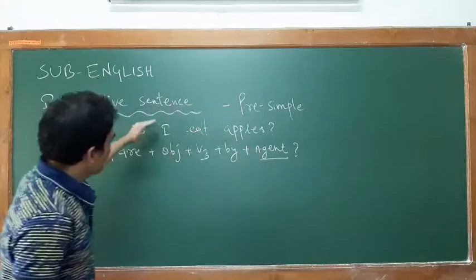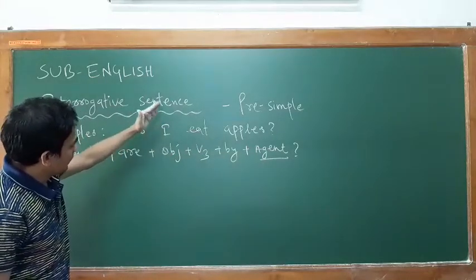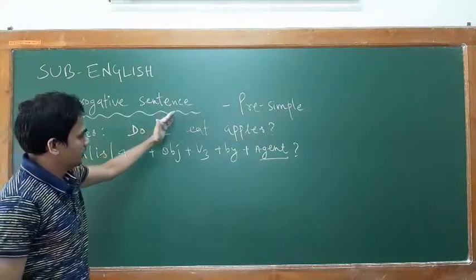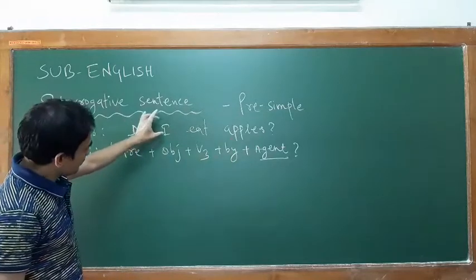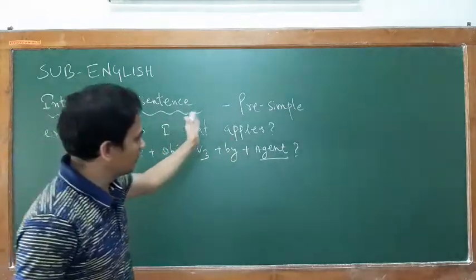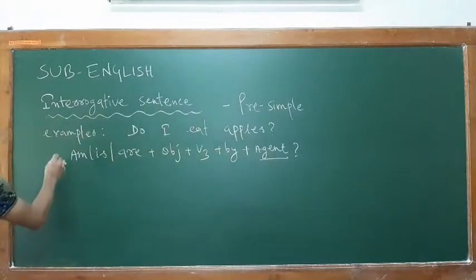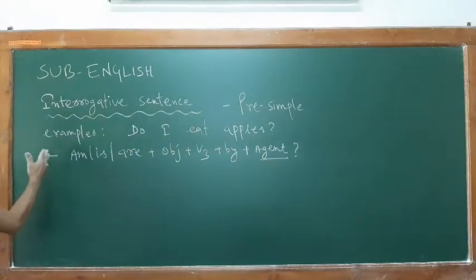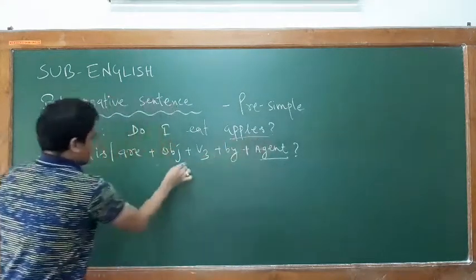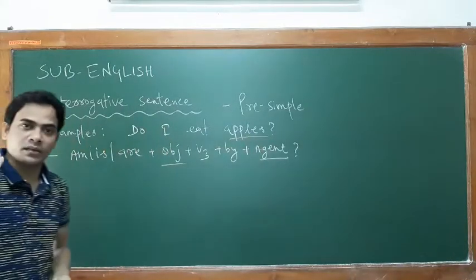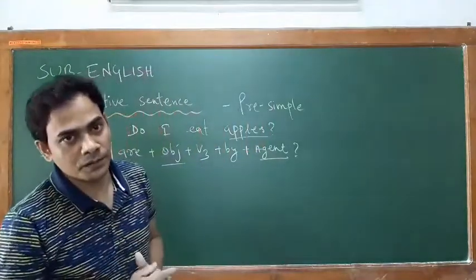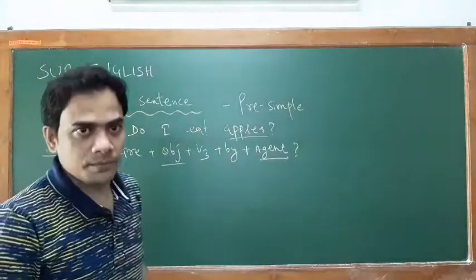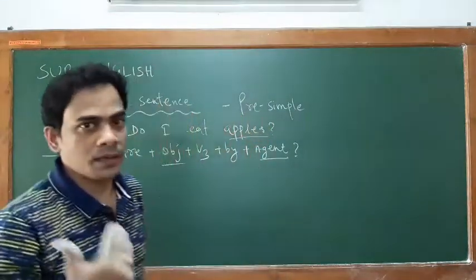So agent means I am just replacing your subject from active into the object in passive, or it means this particular subject or pronoun will go to its object form. So see the structure here and how with the help of the structure we are changing active into passive. Now you see your object, apples. Now first of all, a child should learn, before you study your object, please note the number of the object, whether it is singular number or plural number.